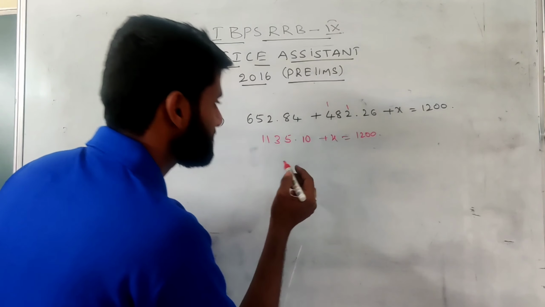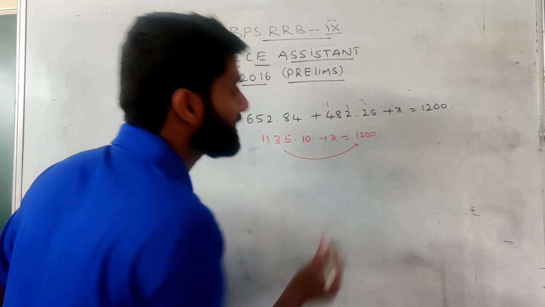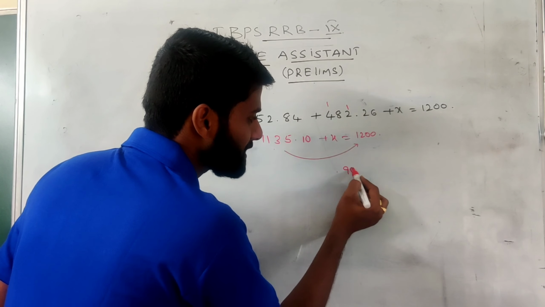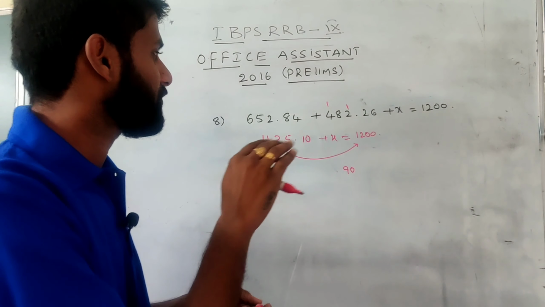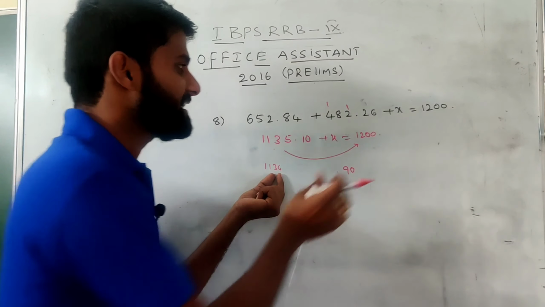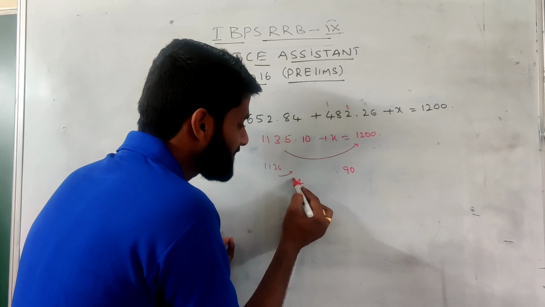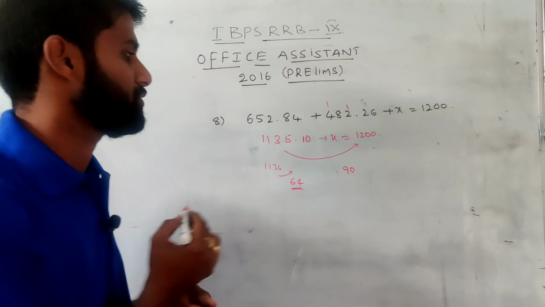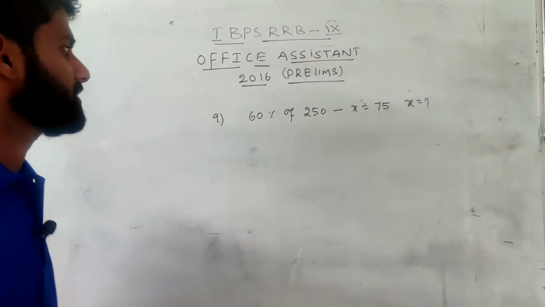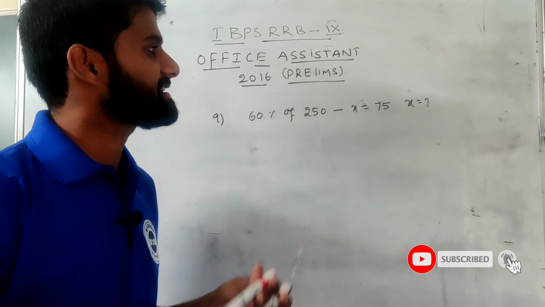Just subtract the value. We want 1135.10 to become 1200. See, 0.10 means definitely the answer becomes 0.90. So we have completed one value. It means this value becomes 1136. Then 36 becomes 100. If 36 becomes 100, we need to add 64. Then the answer is equal to 64.90.